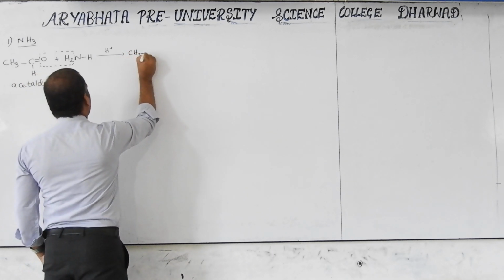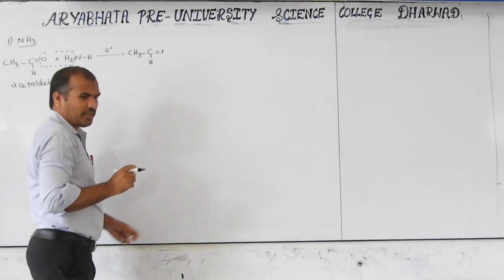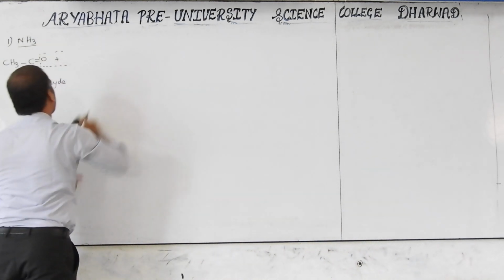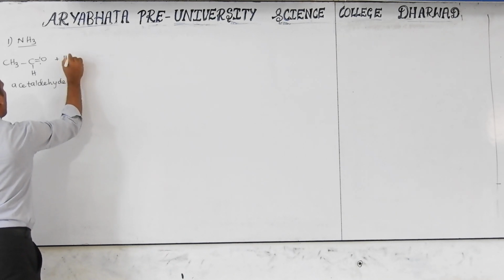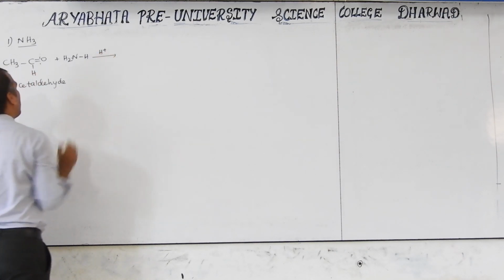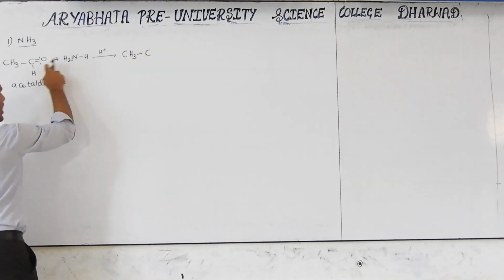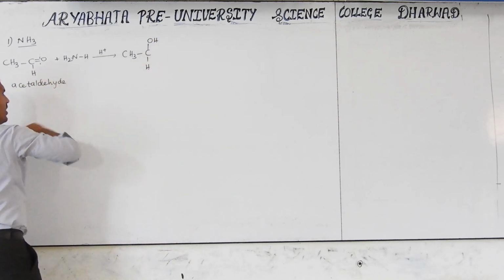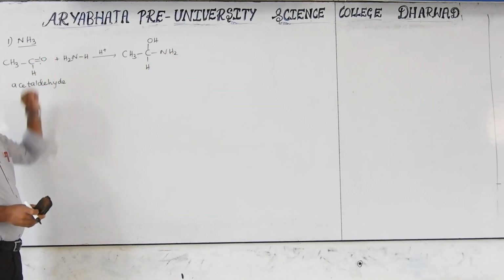Then CH3 CH double bond. Actually, it forms a first adduct. Later we discuss this; first, the adduct we discuss. That is NH3 in the presence of acidic medium. This is then CH3 C, this O and one H converted into OH. This H is already there, and this will be converted to NH. One of the H is added to this O.